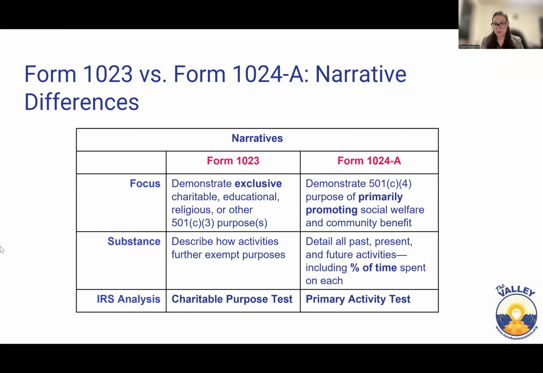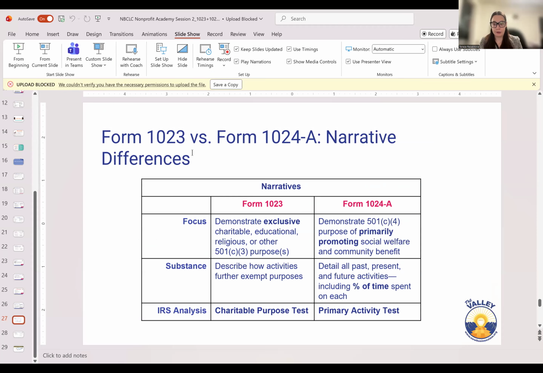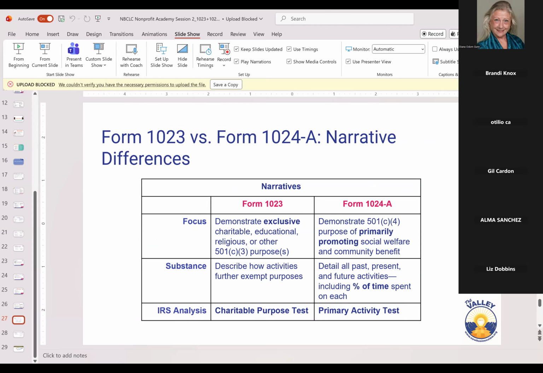Characterize that. So as I mentioned, the focus in the narratives is slightly different. In the full 1023 form, you'll be wanting to demonstrate that you're exclusively operating for the charitable, educational, or religious or other 501(c)(3) purposes. Meanwhile, in 1024A, you will want to demonstrate that the purpose of the organization is primarily promoting social welfare and community benefits, and that